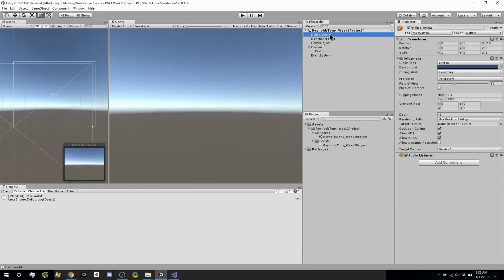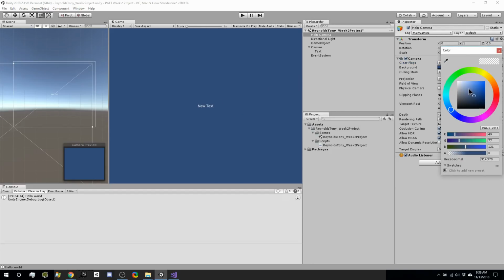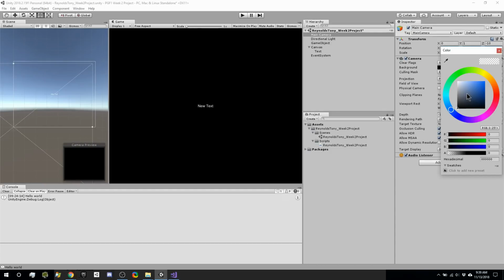So I'm going to pick the main camera. I'm going to come over here to the clear flags and change from skybox. I want to change that to solid color. Now this blue color might be perfectly fine, but I want this to contrast and be fairly sharp. So I'm going to change the background color to completely black. So grabbing that color picker all the way to the bottom left corner, it should be 0000 in the RGB